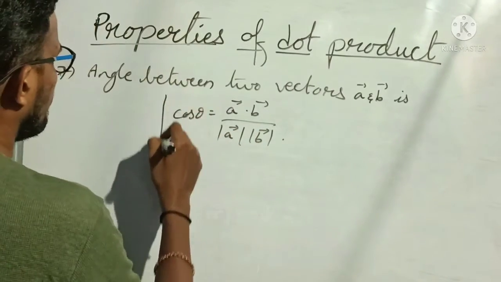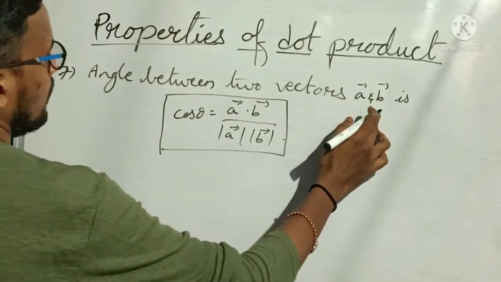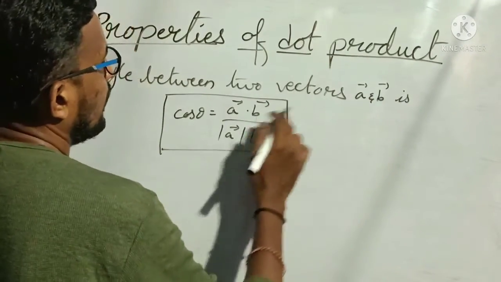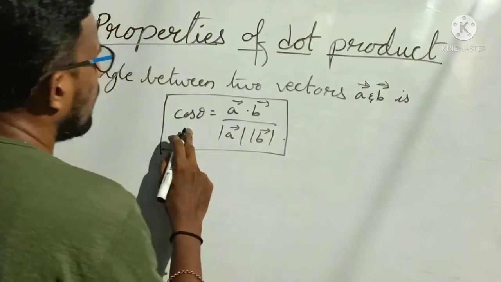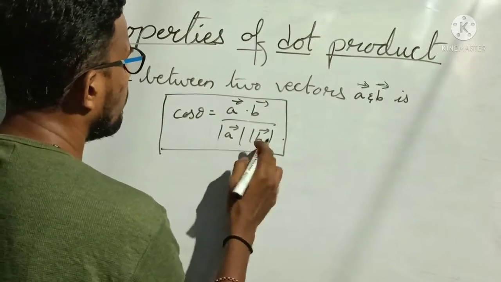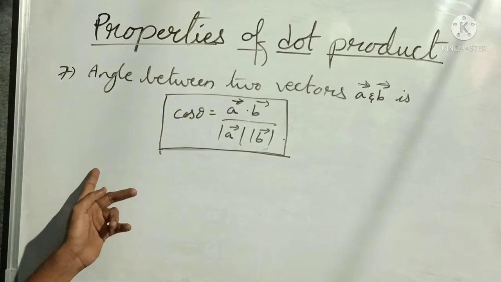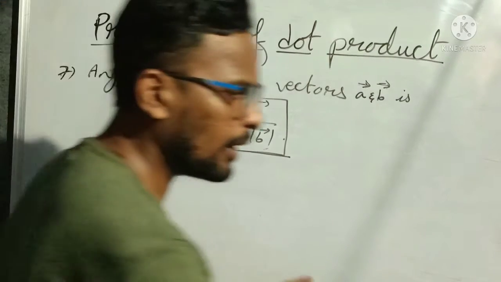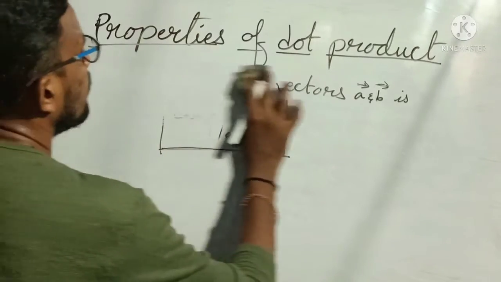Very very important. Okay, when we want to find the angle between two vectors, when the vectors given are a bar and b bar, which are non-zero vectors, then cos theta value is a bar dot b bar by modulus of a bar into modulus of b bar. Understood? This is our seventh property, which is a very important property. Next, eighth property. Eighth property is also very, very important.